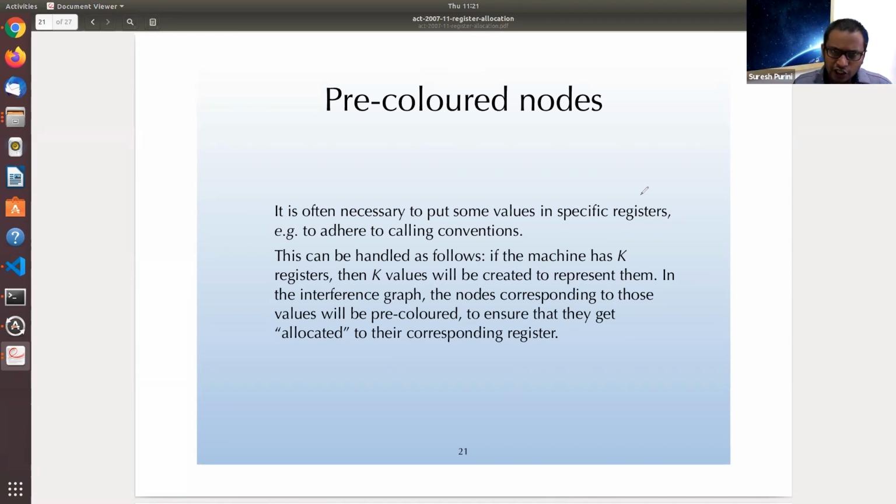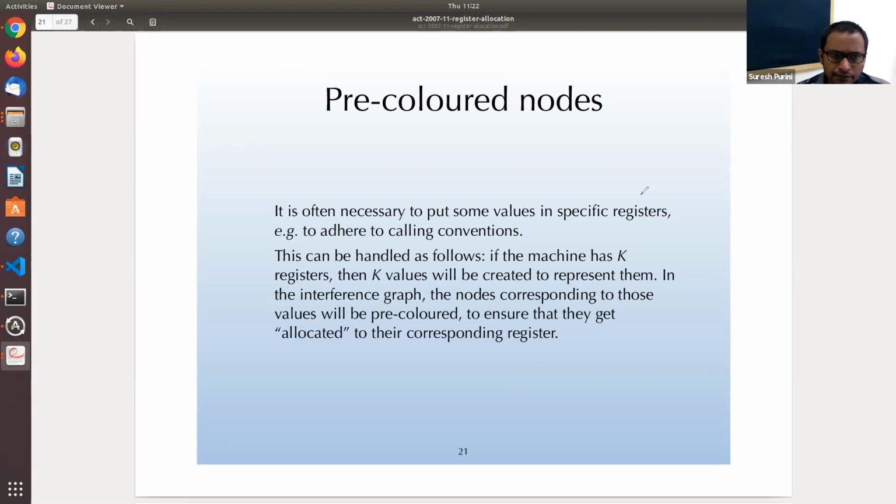So there could be constraints emanating either from the ABI, the application binary interface specification, or from the target processor constraints. And we take care of it. The actual complexity in real, production quality register allocation in production quality compilers is taking care of all these constraints in a nice way. When we study algorithms at this level, they look very clean, but when we try to implement them in a real compiler, they become dirty because so many other nasty details come in, and we have to respect all those